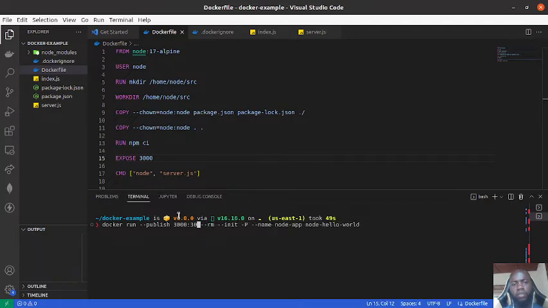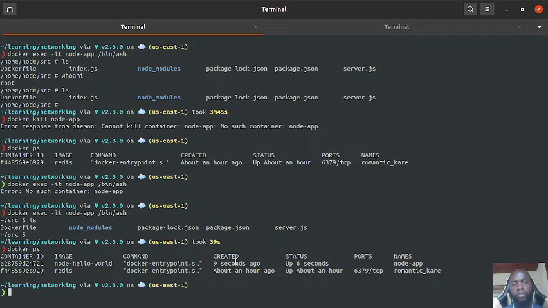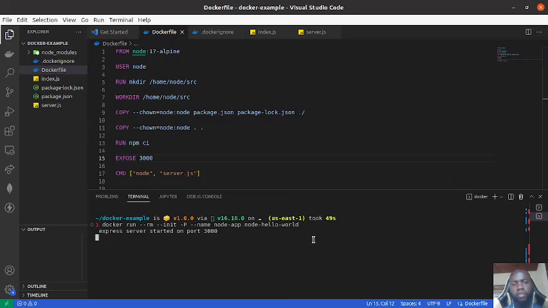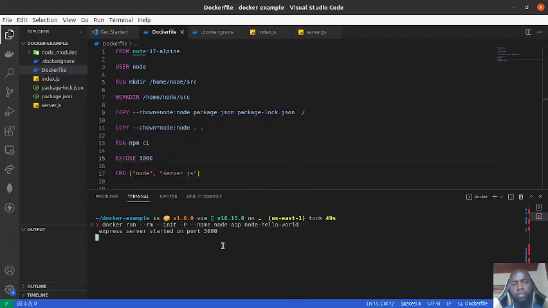So let's do this. If you pass in capital P, now Docker will assign a random port to this. So if we do a docker ps, you'll see a Docker node app. Okay, we have to build the image again. So we'll say docker kill node app, and then let's just